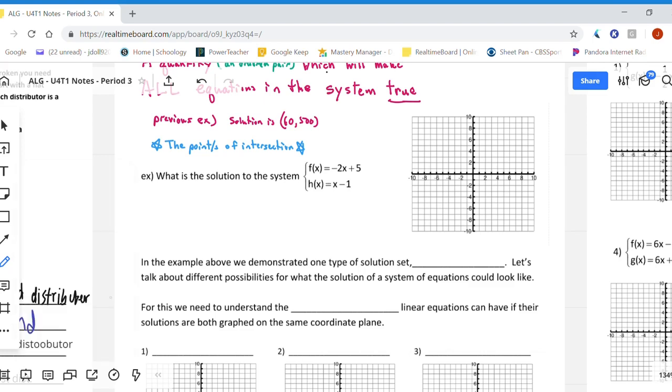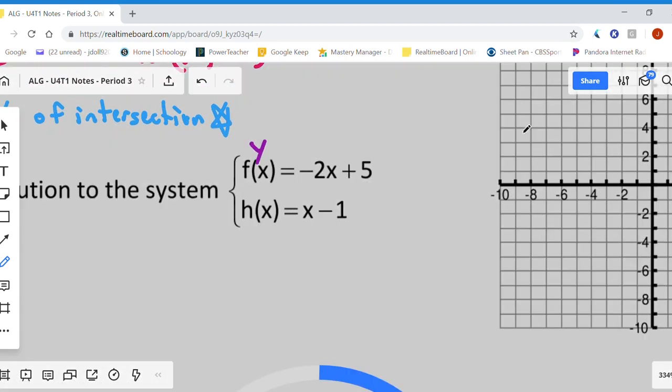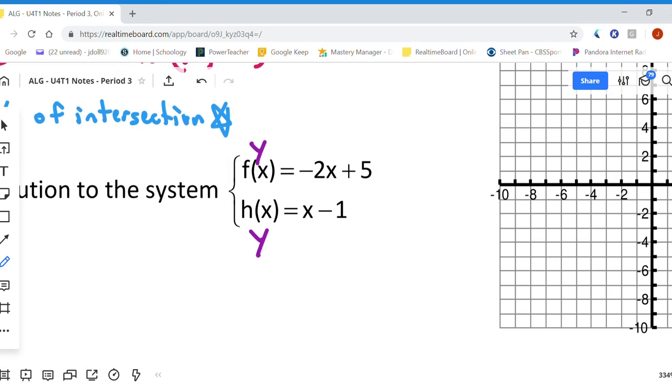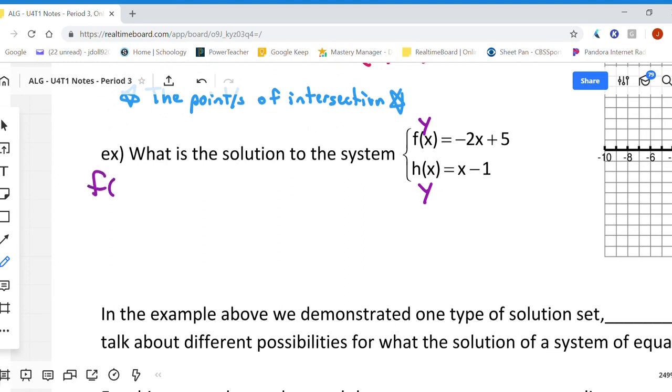So some of you guys, depending on which class you were in, may have got started on this example with f of x and h of x, but we'll just start fresh on it. What we should remember always is that f of x and h of x both say y. So if you need to rewrite the function notation using the variable y, go ahead and do that if that's going to help you work with our equation. So we should recognize that f of x is written in slope-intercept form, y equals mx plus b, and we should see that the slope is -2/1,